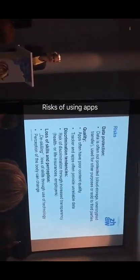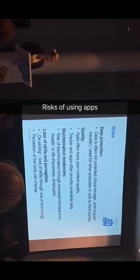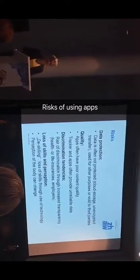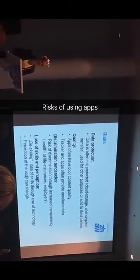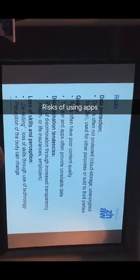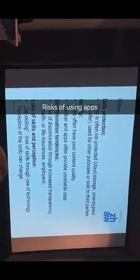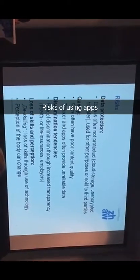And especially if it's mixed with patient data or with personal data, this can be a huge problem, especially for people who rely on nobody knowing about their illness, because there is the fear that people will be stigmatized for their illness, especially if health insurance companies know about their data. So in Switzerland, there are a lot of health insurance companies trying to get on the market with this kind of apps, and of course they